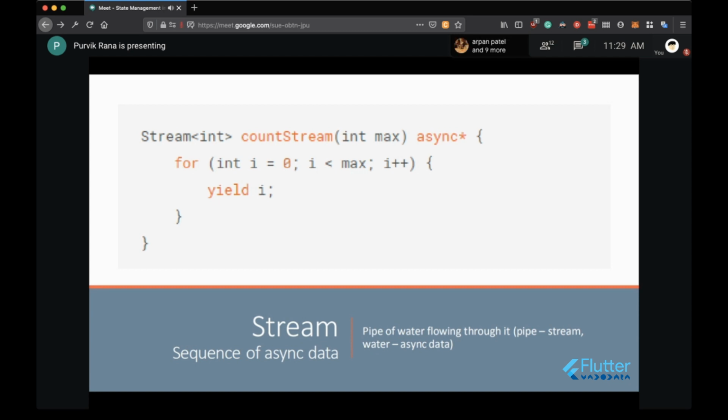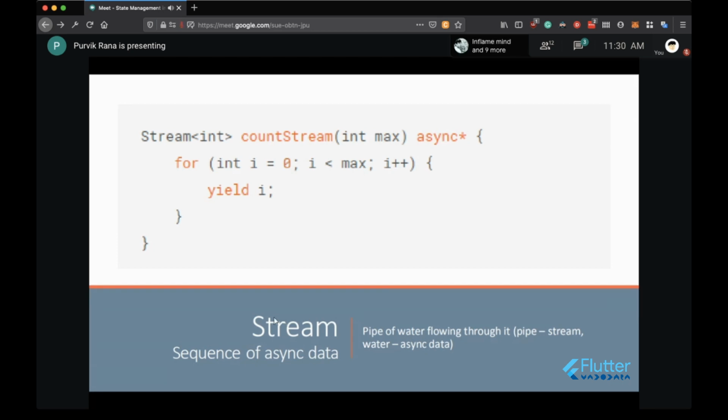So just assume that we have this example over here. You can simply understand a stream by example, like a pipe of water flowing through it. So the pipe will be a stream, and the water will be the asynchronous data. So that way you can assume what the stream is.